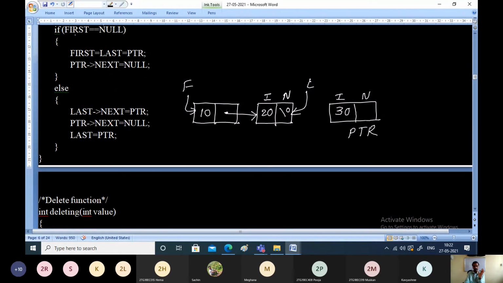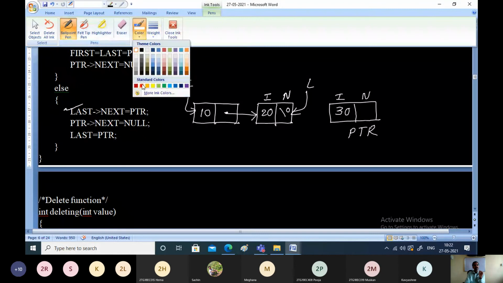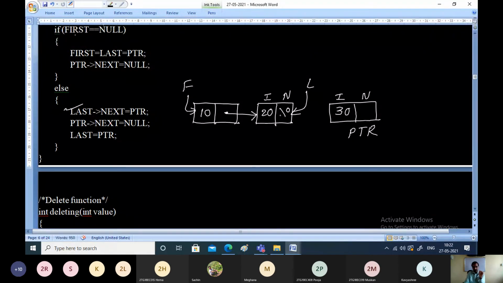That is, last pointer next should be equal to ptr. That is, take the next pointer of the very last node and assign it to the present node which we want to attach.